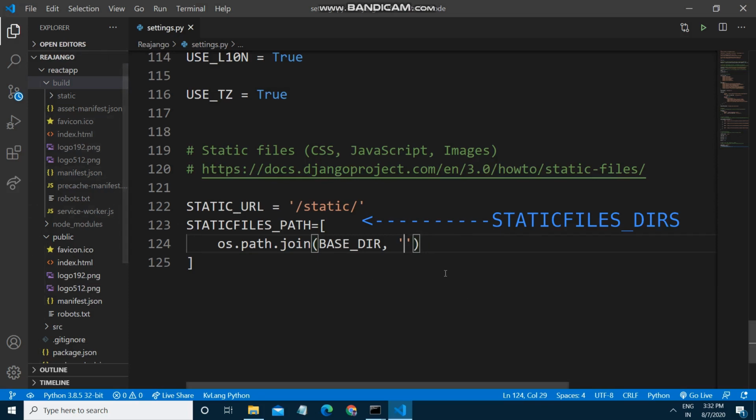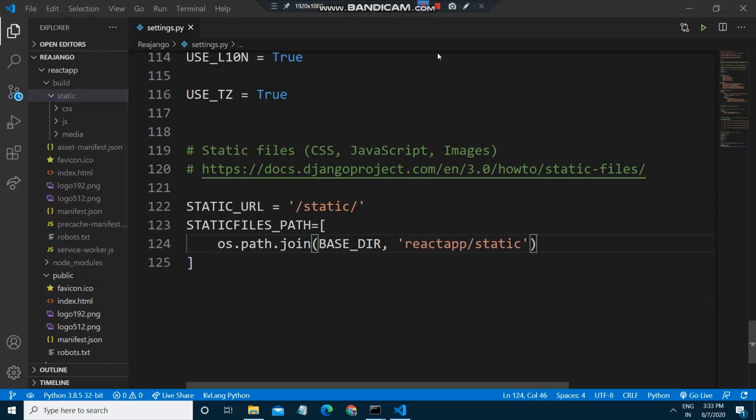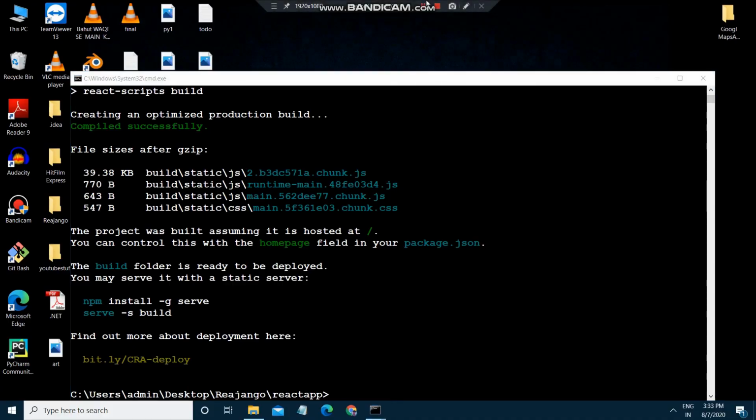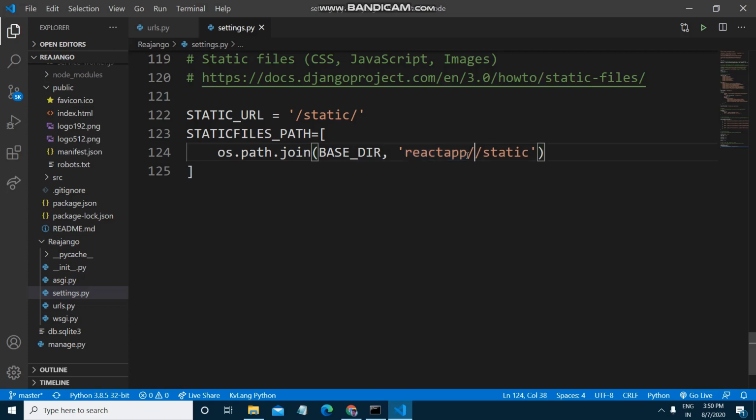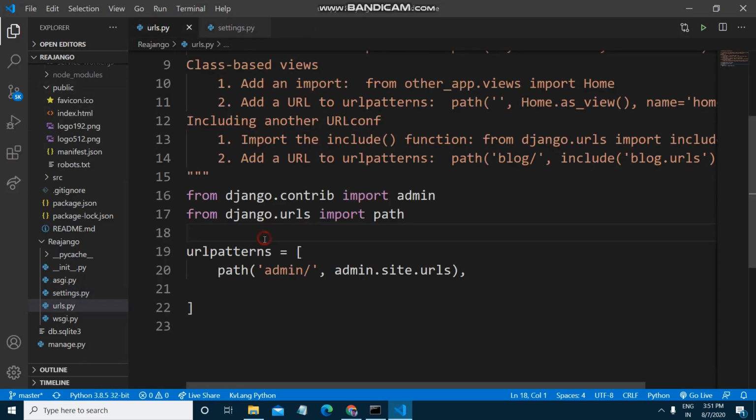So I will give react-app and then type build, so it will be the right path.